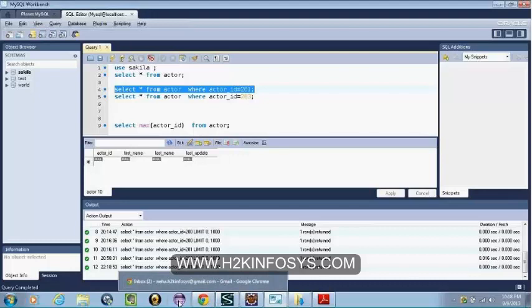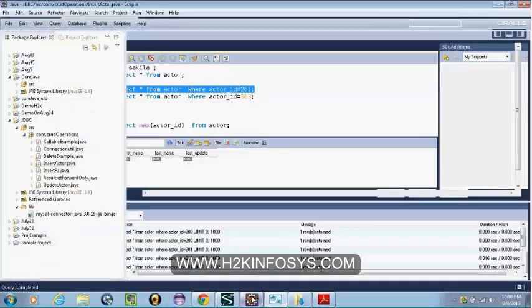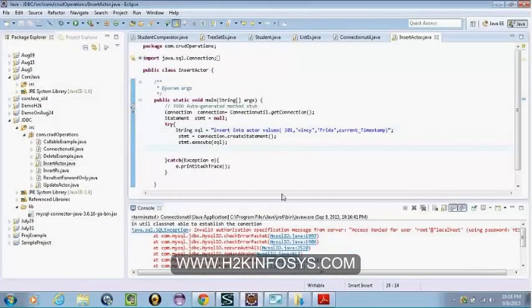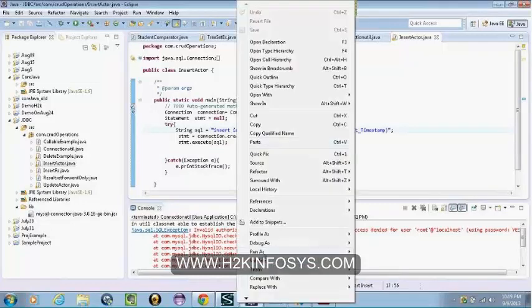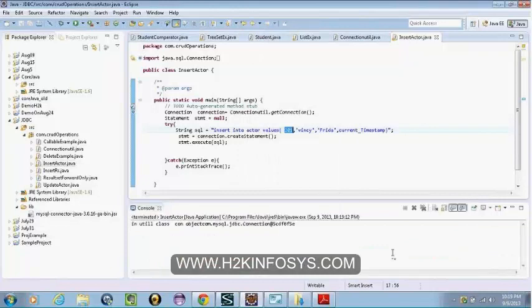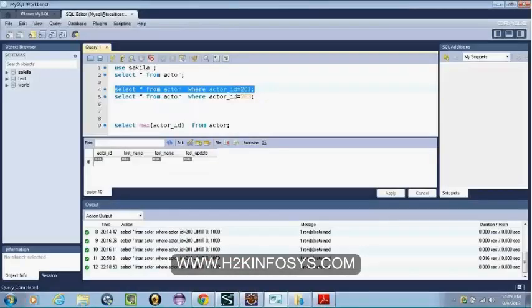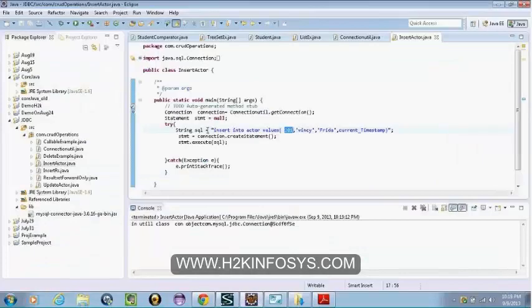See, as you see, it's very simple. We get a statement object from the connection, and we execute the statement. We call the execute method by passing the specific SQL. The statement executes the SQL, whatever is passed as an argument to the execute method. So we have inserted the specific actor in the database using statement. So folks, any doubts on this connection util or the insert which we are making through statement?